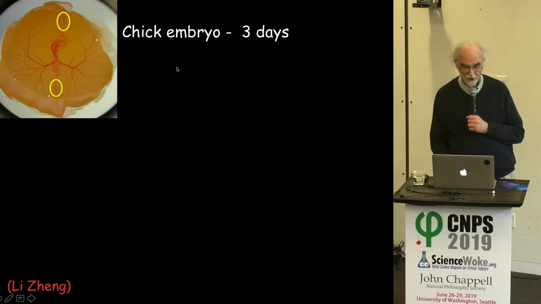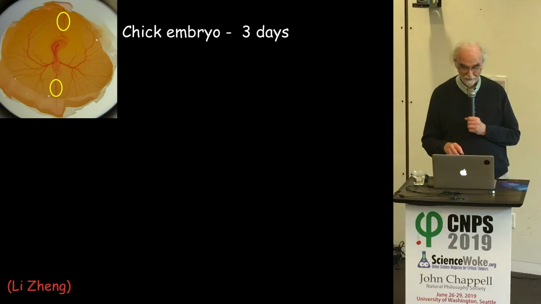He used a chick embryo, fertilized at 3 days after fertilization. So here's the egg, and you could lop off the eggshell, and then with the microscope you can see, and here's the yolk, and you can see the embryo that starts to grow. These are all blood vessels coming out. And he could easily image a region here and a region here. And his experiment was to say, if I stop the heart, and he could stop the heart by injecting potassium chloride, it's a standard method, and indeed the heart stops beating, does this flow continue? But beyond that, well, let me start with that.